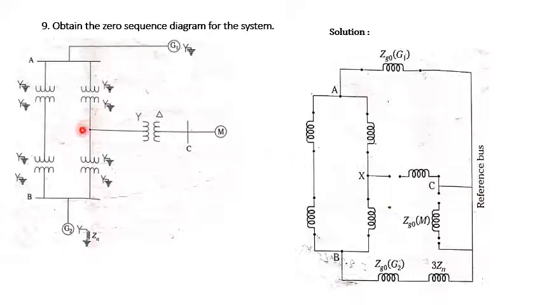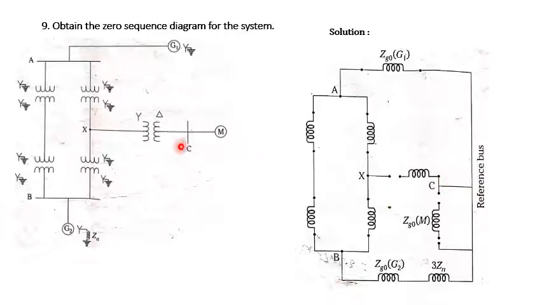Then between X and C there is a transformer, the primary star. You can see here it is not grounded, that's why we are going to get open this switch between X and the transformer. What is the secondary here? Secondary is delta, so what we need to do is consider the current should go to the reference line or the reference bus, means we should close the shunt switch. This is a shunt switch.